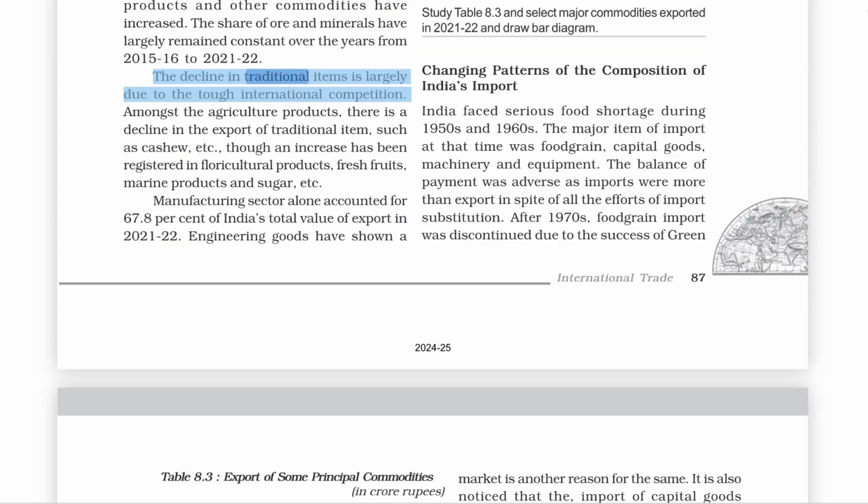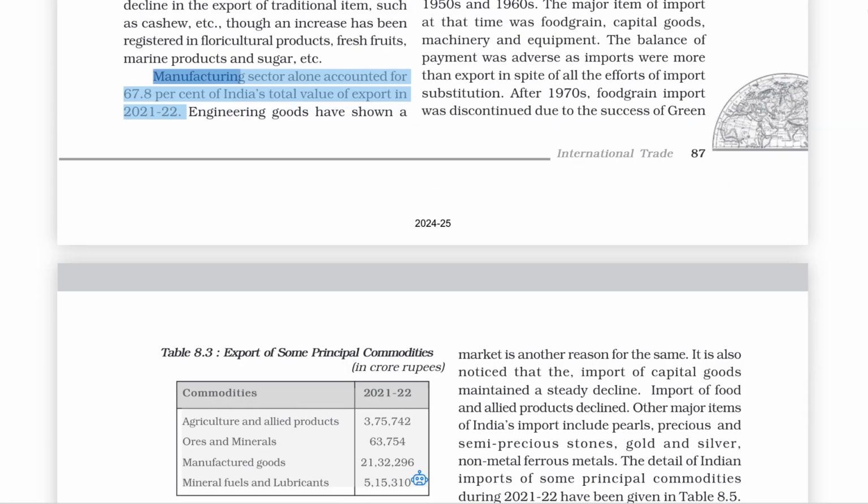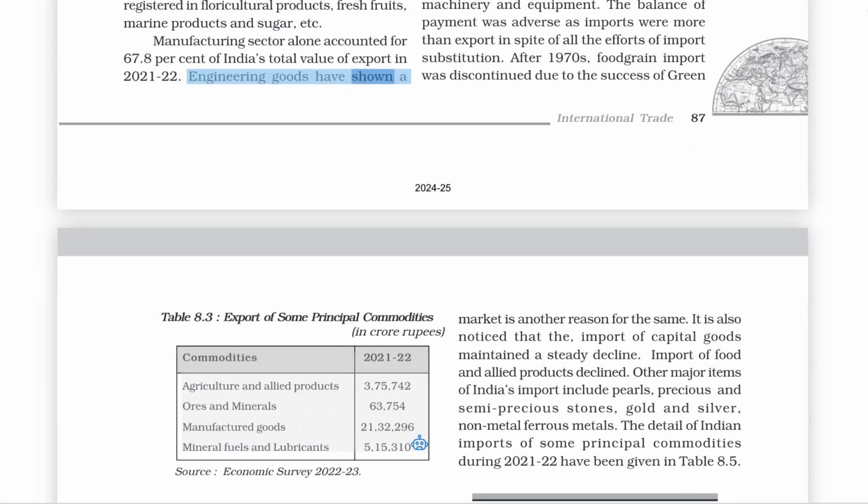The decline in traditional items is largely due to the tough international competition. Amongst the agriculture products, there is a decline in the export of traditional items such as cashew, etc., though an increase has been registered in floricultural products, fresh fruits, marine products, and sugar, etc. Manufacturing sector alone accounted for 67.8% of India's total value of export in 2021-22. Engineering goods have shown a